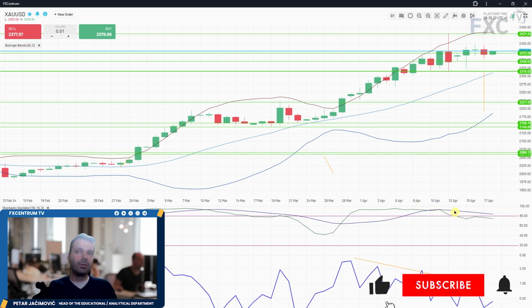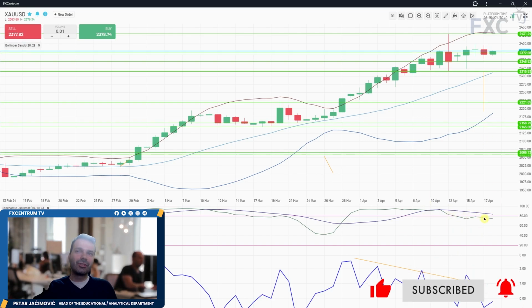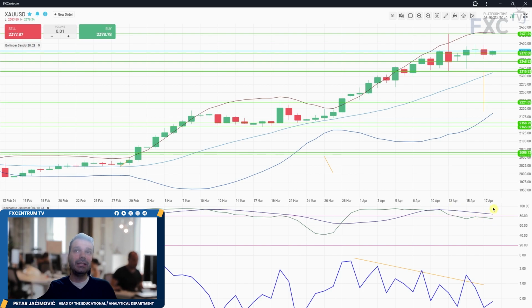Interesting thing here is the slow line is still sloping to the downside and the fast line too, so we have this short-term downside sloping environment on the stochastic, but still the stochastic is around the 80 mark, which is in the overbought territory at this point. So I would like to see the breakout of resistance to confirm a further rally towards 24.50, for example, 24.60,